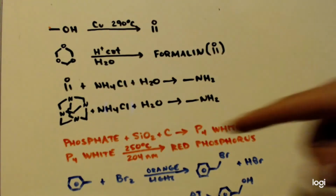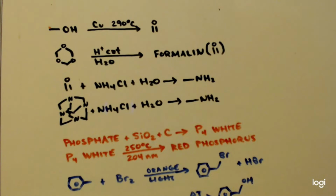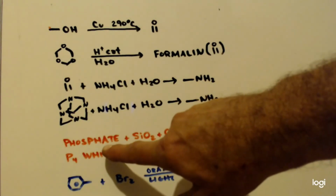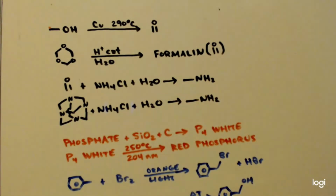Another thing is I'm going to take some phosphates, mix it with some silicon dioxide and some carbon. It's kind of like a thermite reaction, but instead of getting a metal from a metal oxide, you're getting a phosphorus from a phosphorus oxide, and you can make white phosphorus with that. And then I'm going to take the white phosphorus, and you can either heat it up to 250 C or